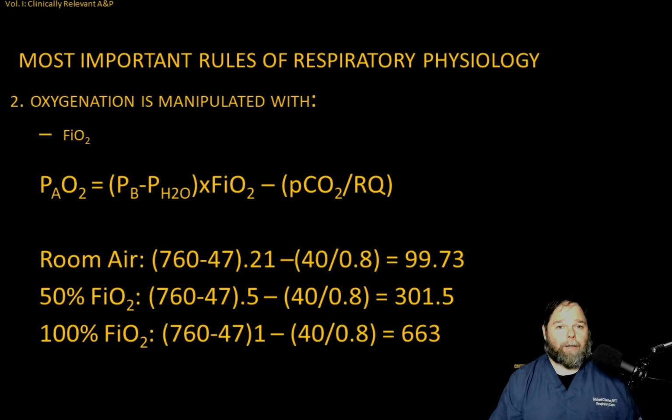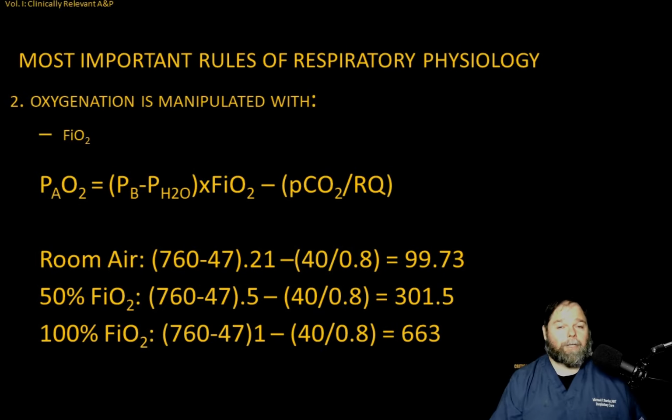So room air FiO2 is 21% or 0.21. And so when you multiply those together, you get like 149 and some change. From that, we're going to subtract our PCO2, which we're going to assume is going to be 40, divided by